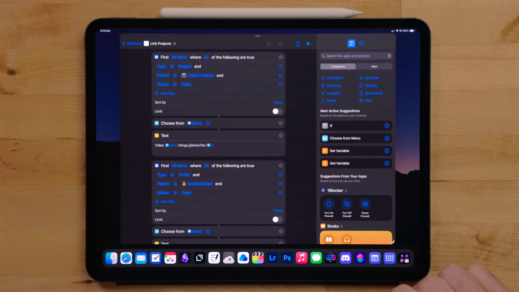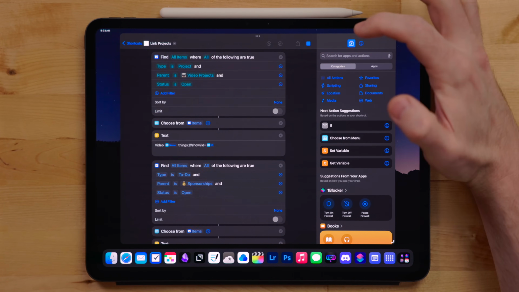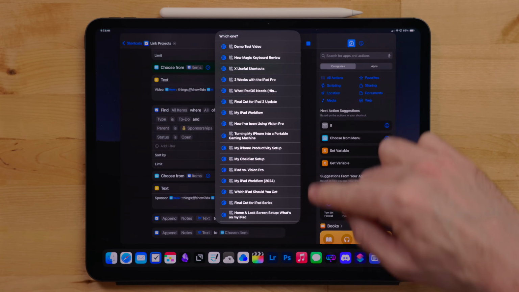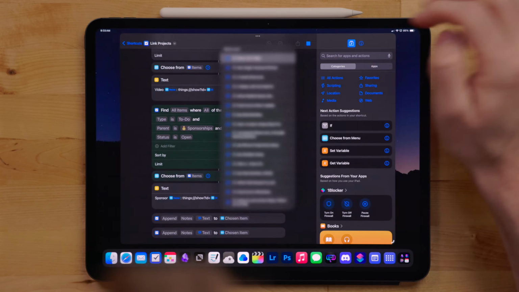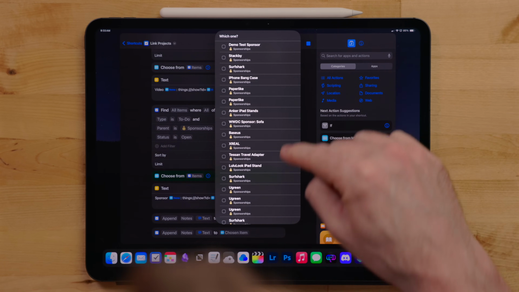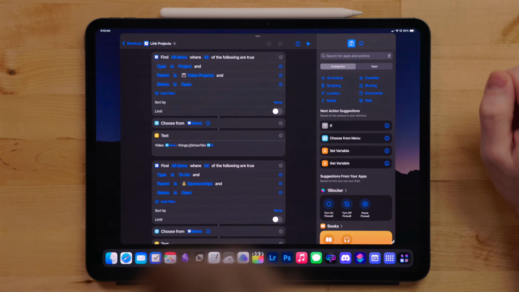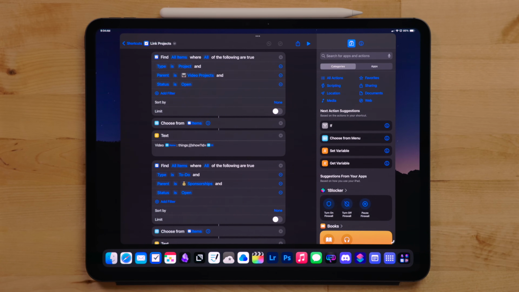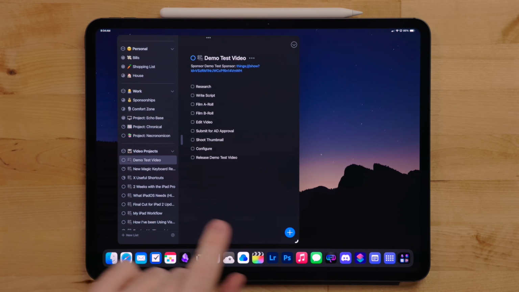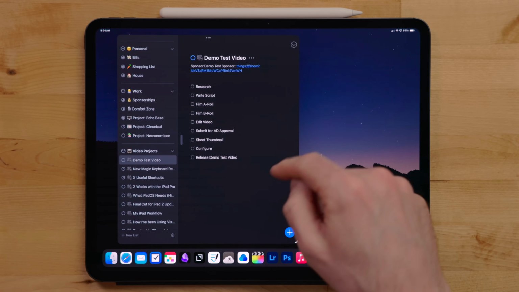When I run this, it shows me a list of active projects. I pick the one I want, it then gets the built-in deep link URL for it, then shows me a list of sponsorships. Then I pick the one that I want to tie to the video project I already selected. It will then put the Things deep link and the name in the notes field for both the respective sponsorship